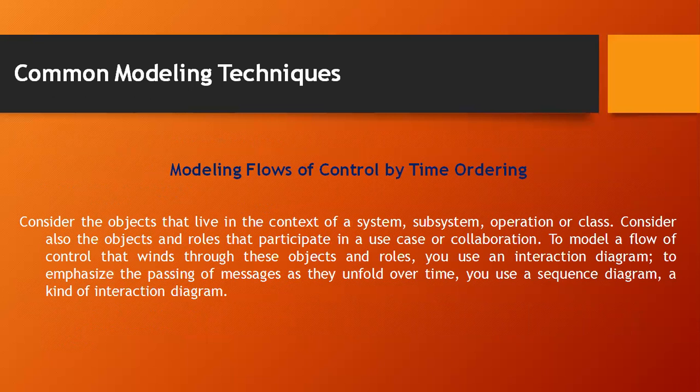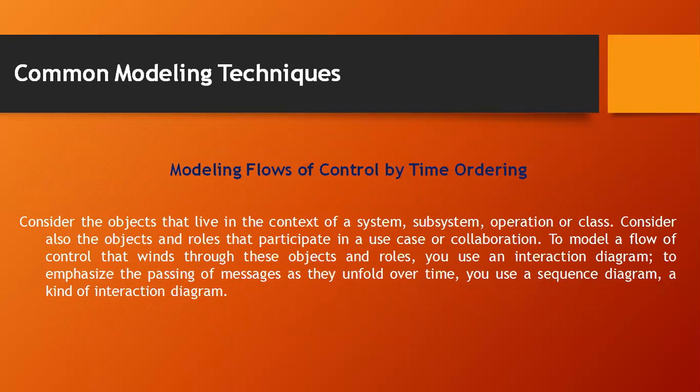So here what we do is we consider the objects that live in the context of a system, subsystem, operations or classes. Then we consider the objects and roles that participate in a use case or collaboration. To model a flow of control that winds through these objects and roles, we use an interaction diagram. To emphasize the passing of messages as they unfold over time, we use a sequence diagram, a kind of